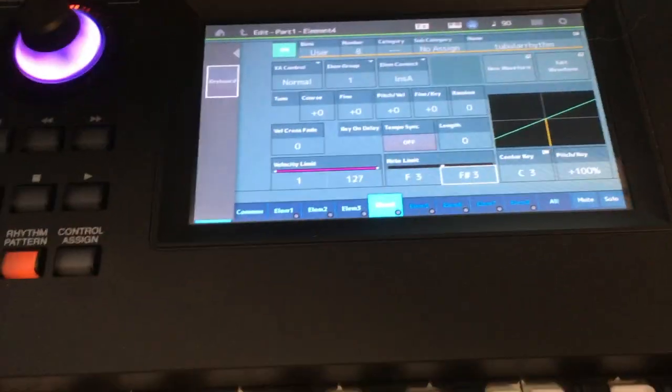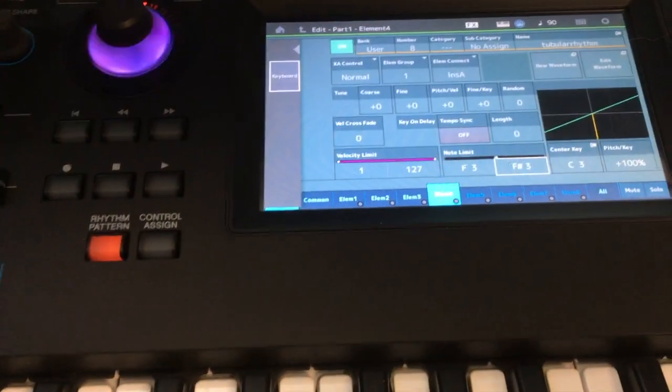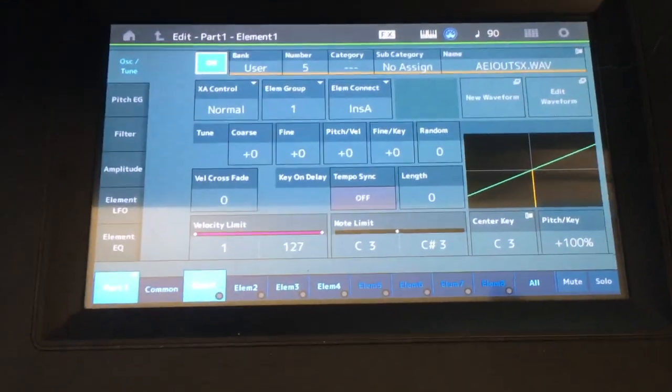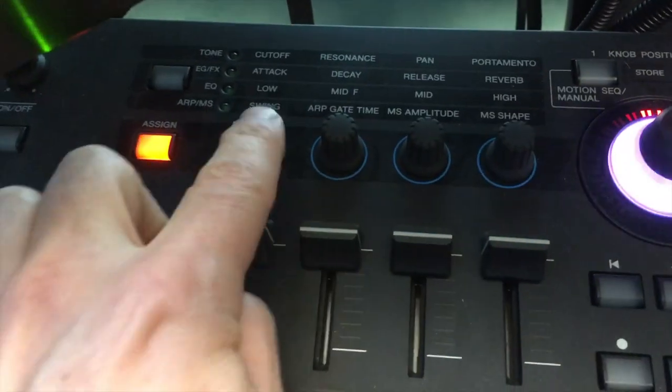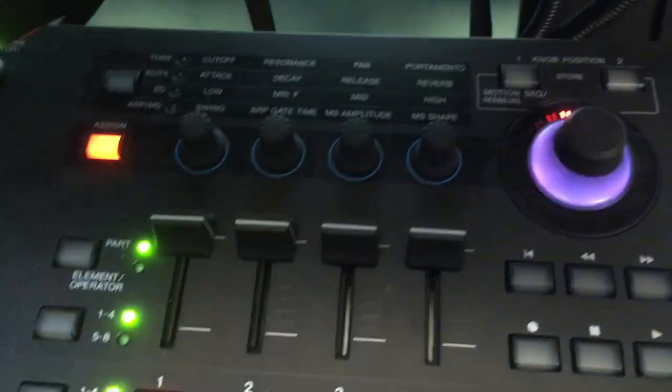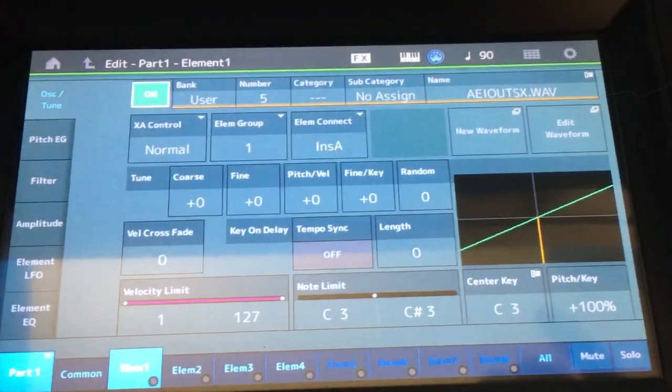Anyway, all right. So now the next thing I want to do is be able to adjust the pitch of each of these guys individually. To adjust the pitch, I want to have each of the 4 assignable knobs control the pitch of each of those 4 sounds independently. So what I'm going to do, if I go back here where I was just editing the sound,